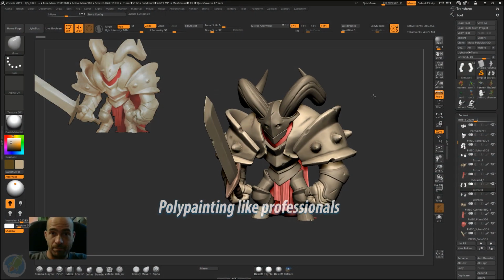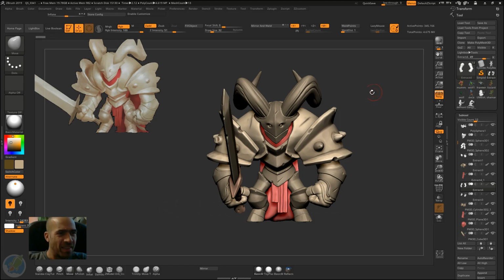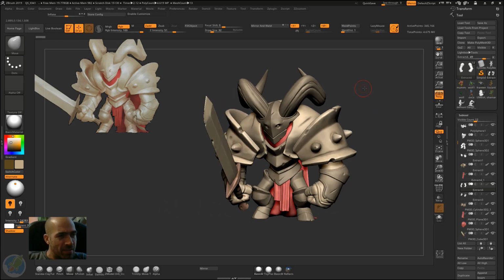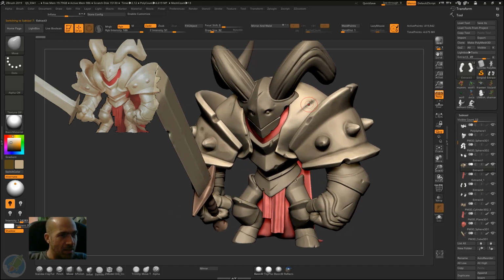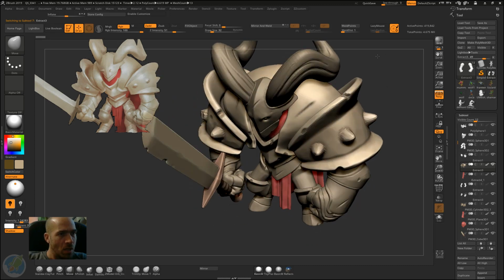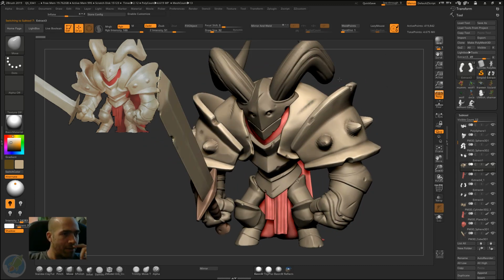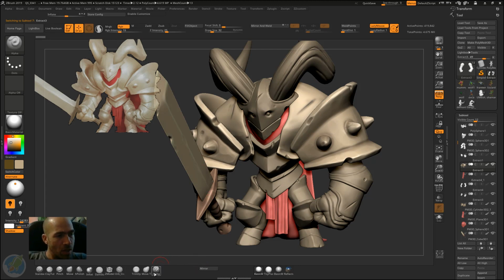And here we are again. We'll continue with this model, but we have some darker things that I don't know if they are good. We can always go to the detail that we have darker things, go to the alpha brush or our standard brush with RGB selected and no Z add or Z sub, so only RGB selected. Press C on the lighter area here and just drag a few times, and probably it should be okay,